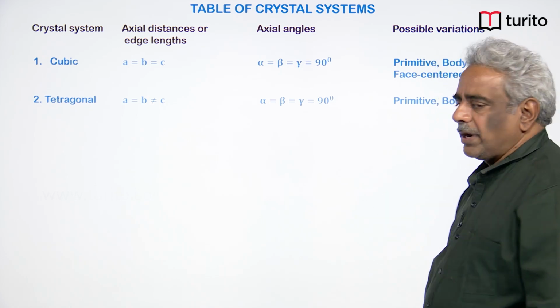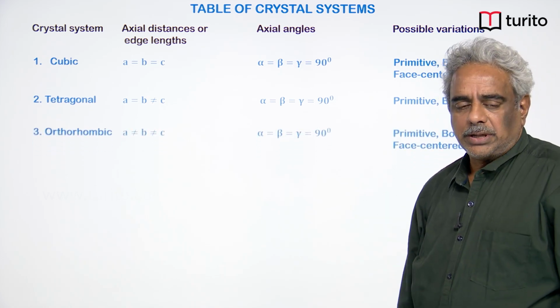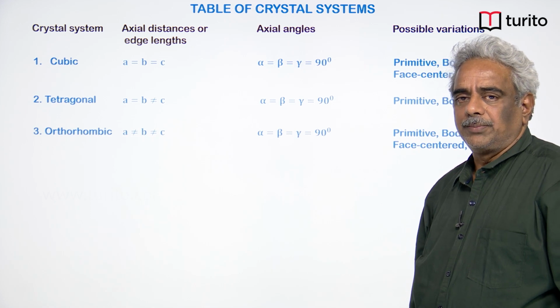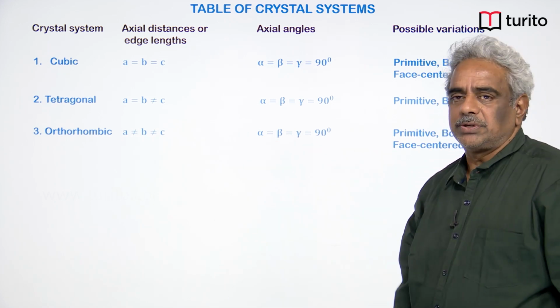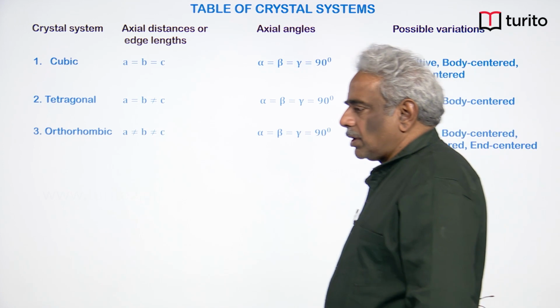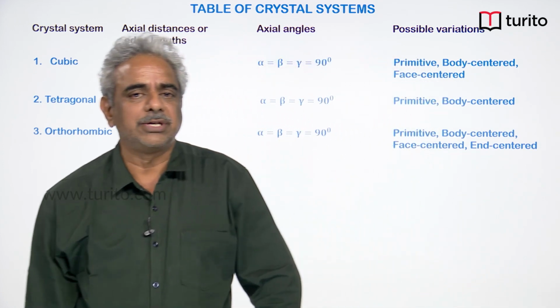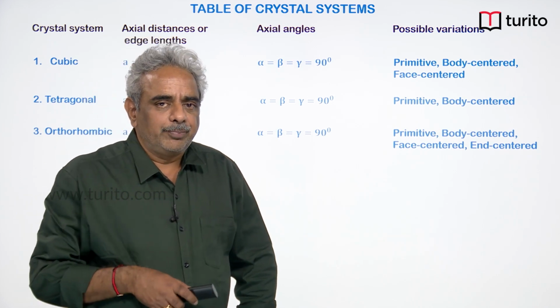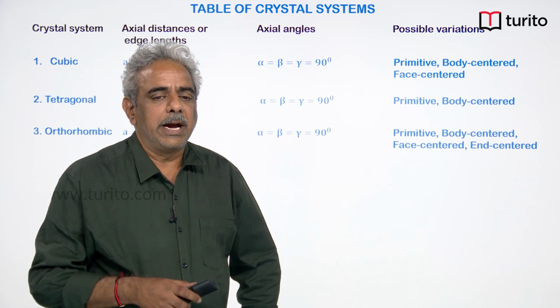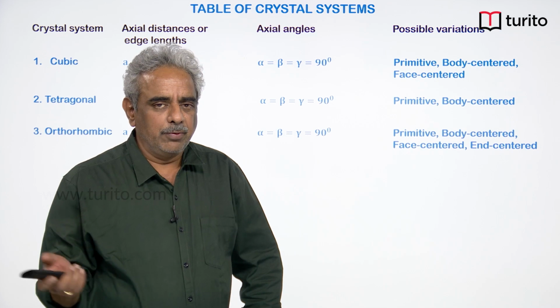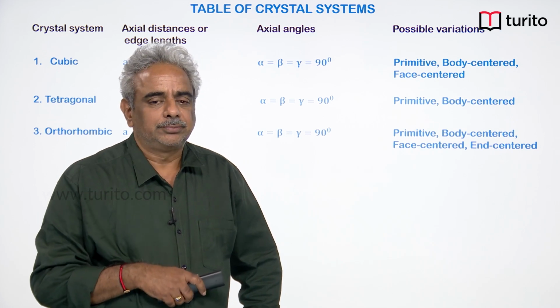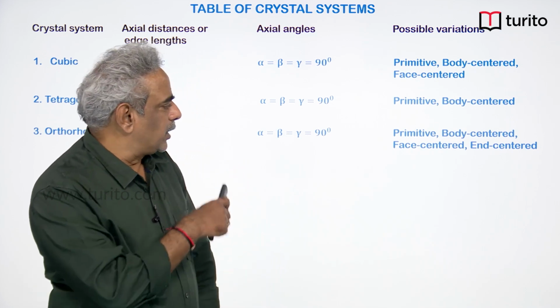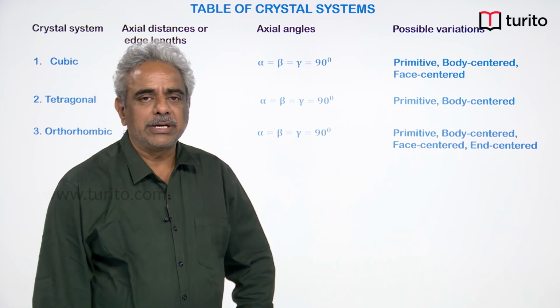There you have got two varieties of unit cells. Then we switched over to orthorhombic, the only crystal system which has got four varieties of unit cells. In orthorhombic system only a, b, c are different, alpha, beta, gamma will be 90 degrees. The other day we compared it with a matchbox, and this particular system has got all the four varieties of